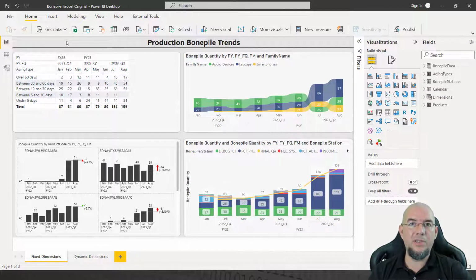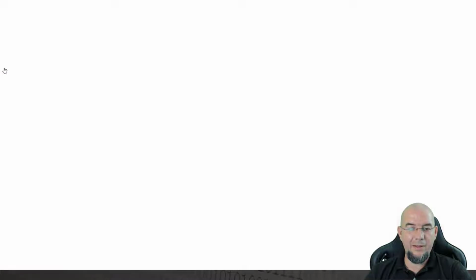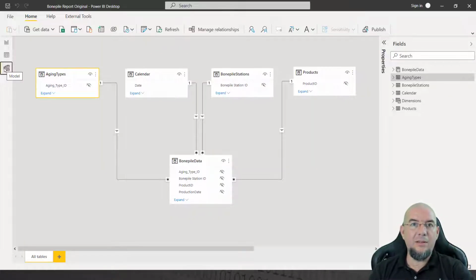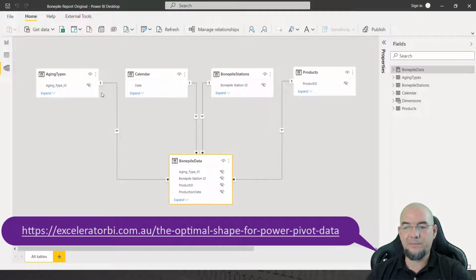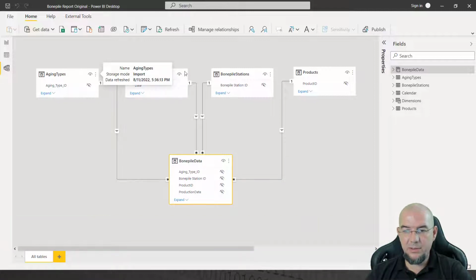The report you're seeing is Ben's report, and he taught me how he did it, and I will try to explain it to you. It is a very simple data model, a star schema with a single fact table and 4 dimensions. All of them are arranged in a Collie layout methodology, as Matt Allington likes to say, with the fact table on the bottom and the dimensions on the top,